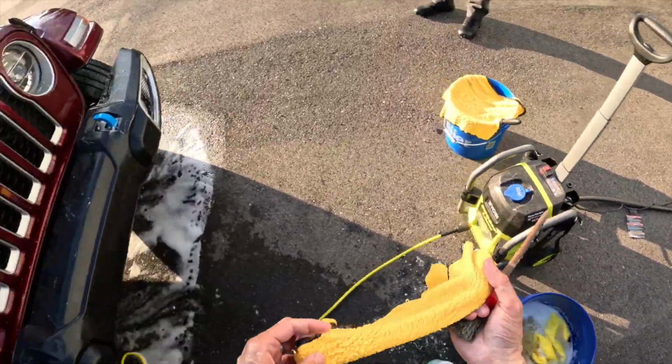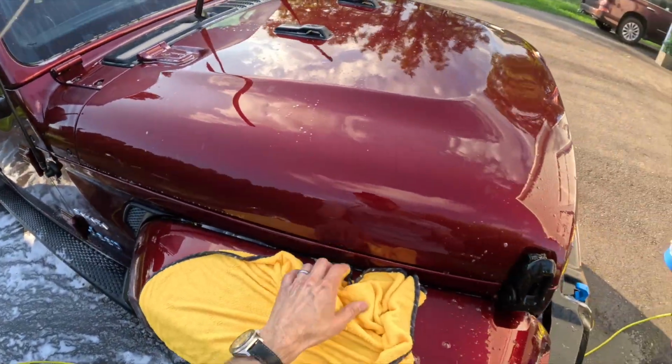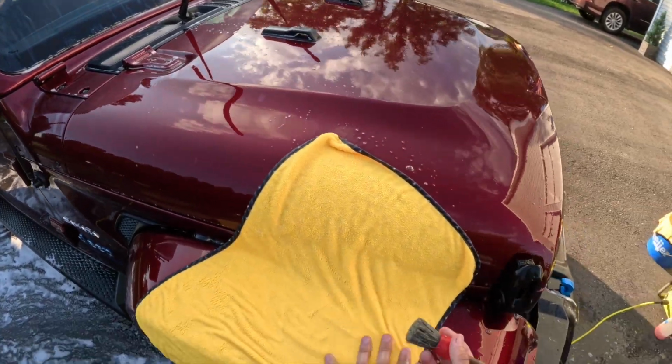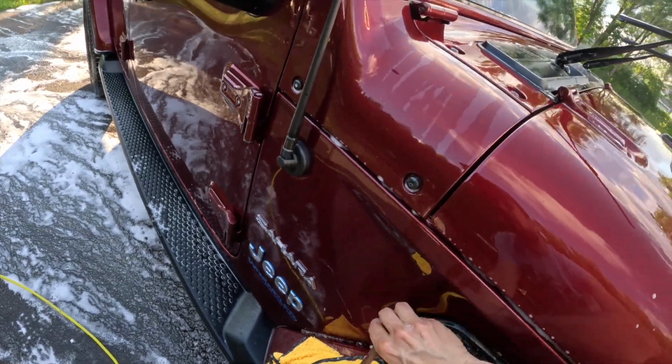We'll grab our next microfiber, come across to do the passenger side of the car. These are nice big Chemical Guys microfibers. I use these as drying rags a lot. They're just a huge piece of turf, and they do a nice job. But we'll come through,